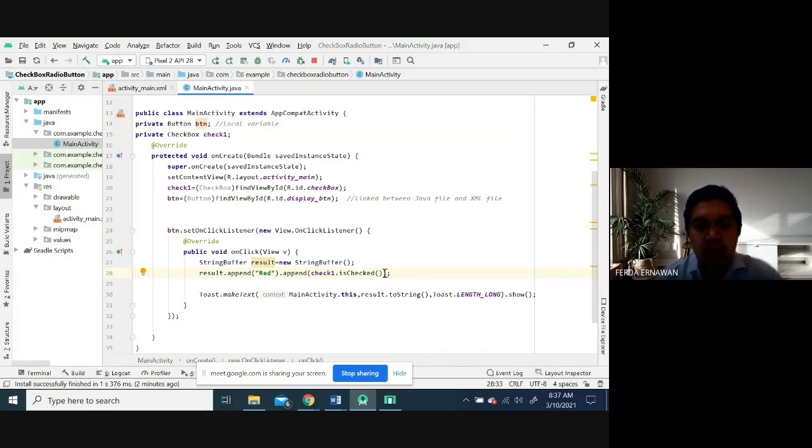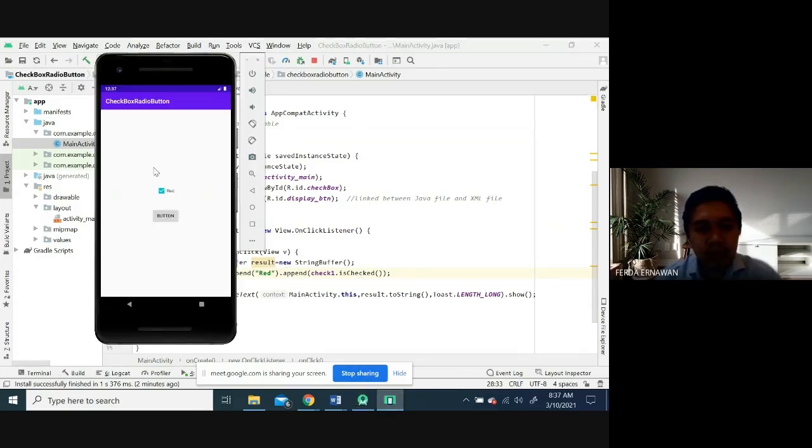If I don't check, it means false: red false. If I uncheck here, I can display red false, but if I check the button, red true. It means the user already checked or not checked, and we can display it in the toast message.